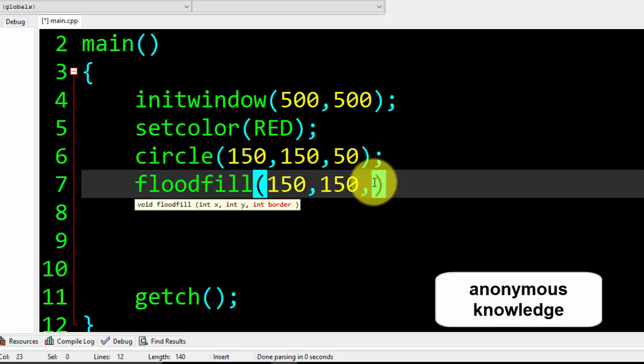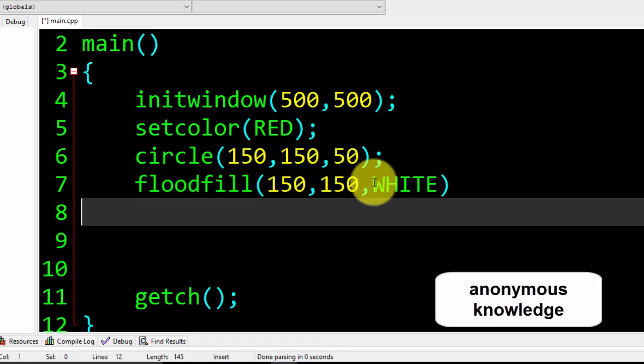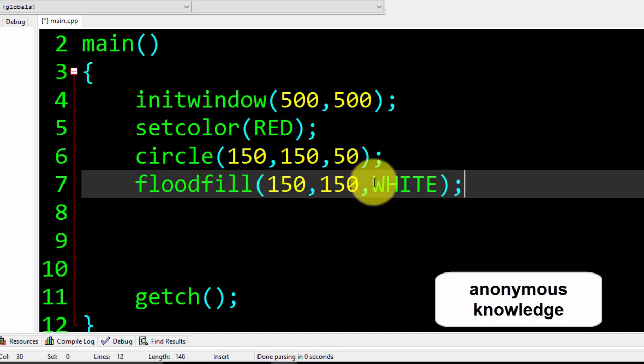The third one is color. You have to pass the color that you want to fill in that shape. So here I will write red. If I write white, or any other color, what will happen? At the end of this function we have to put a semicolon.